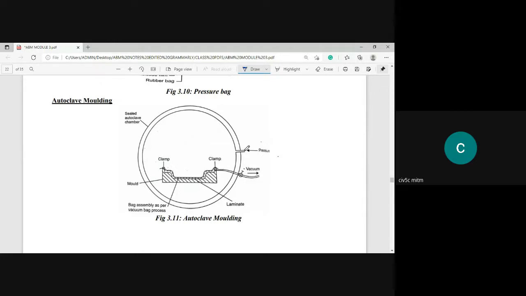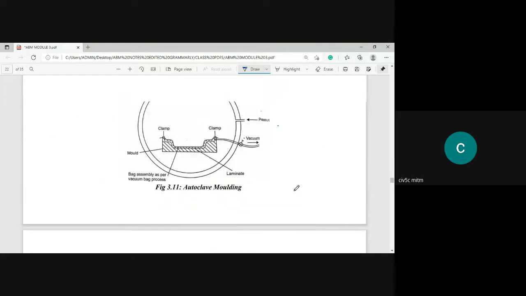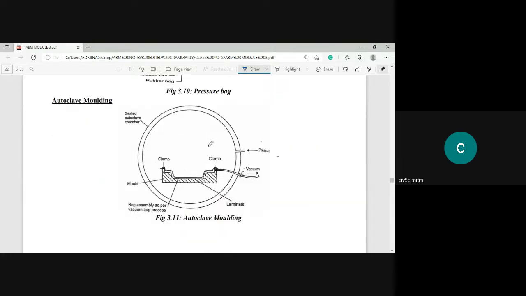Apart from the heat, the vacuum pressure will also be induced, so that both heat and steam will effectively evacuate the air voids, so that you will get better mechanical properties. This ensures air is extracted from the composite, leading to full consolidation and curing. Because of inducing both vacuum and pressure, you can effectively manufacture this component.